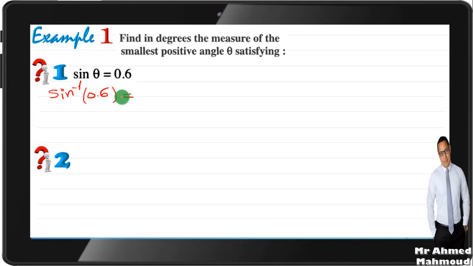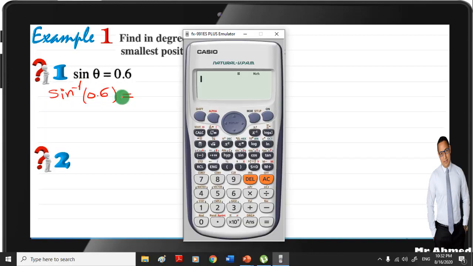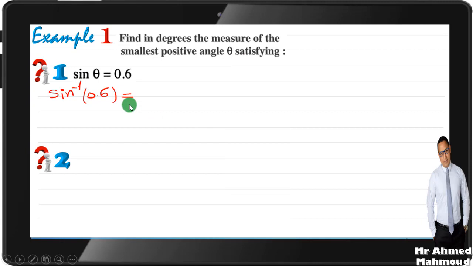This is by using the calculator like this: shift sine 0.6 and close the brackets, equal. 36 degrees 52 minutes and 11.6 seconds. 11.6, 6 is strong, so 11 will be 12. Okay, the angle will be like this: